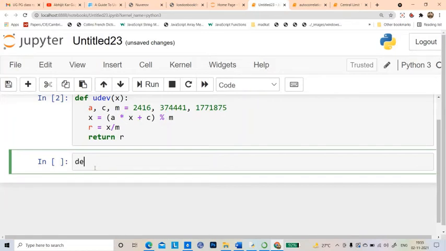Okay, let me define another function, udefs, many udefs. I take the arguments x and size, the size being how many random numbers.